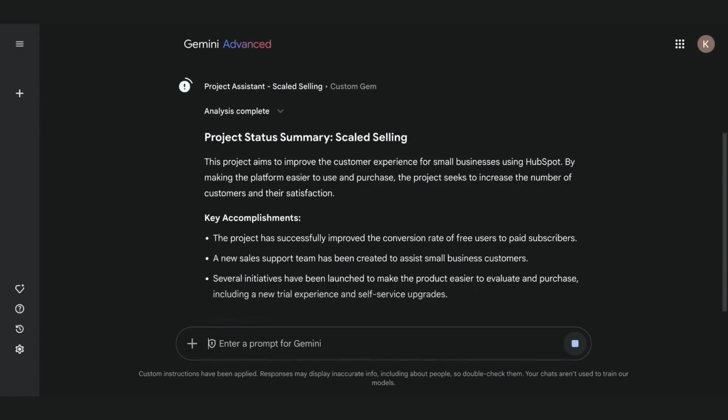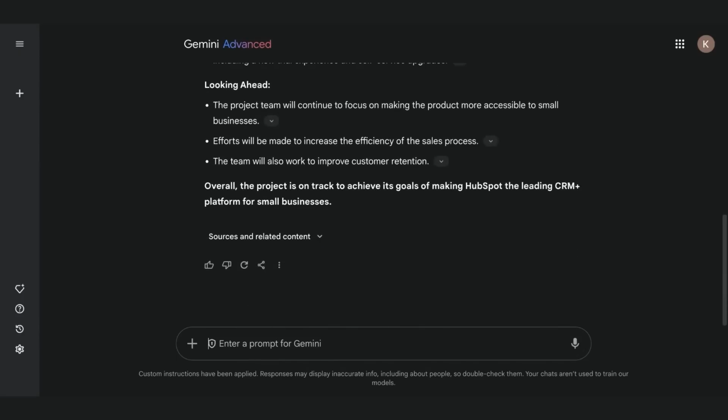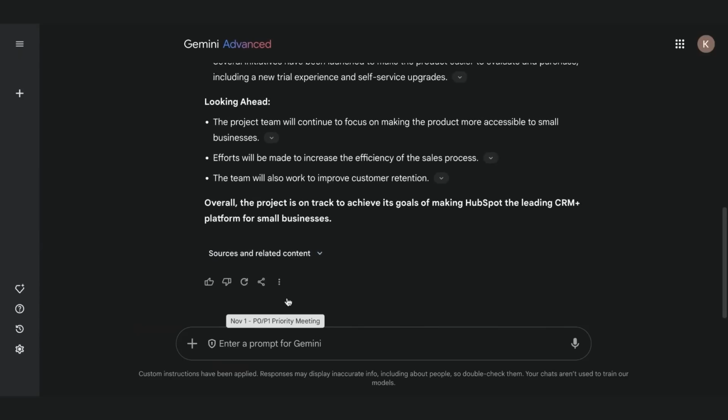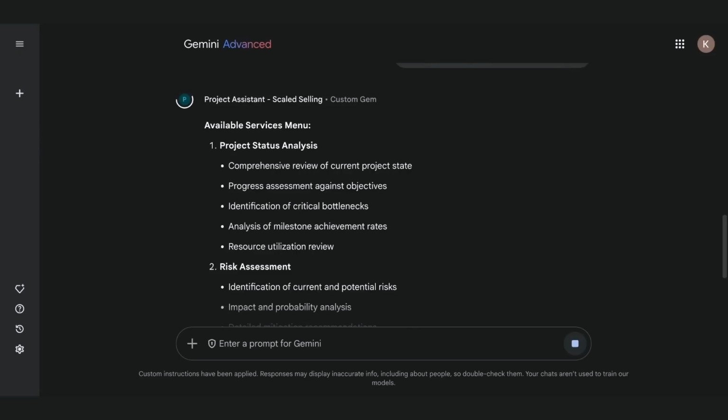So it comes through, provides key accomplishments, looks ahead, gives you this kind of overall picture. If I hadn't said cut out all the metrics and internal jargon, it would actually be much more comprehensive. But show me the menu of options. So they actually work very differently. ChatGPT is much better. It will actually present the options at the end, but you can see here, it'll present